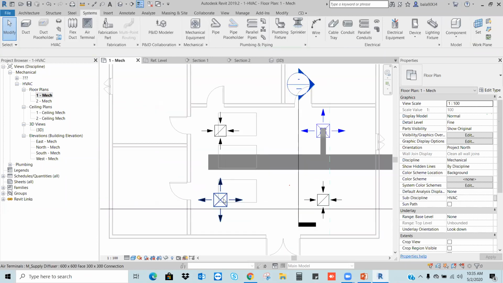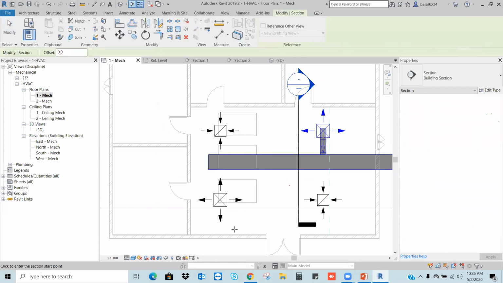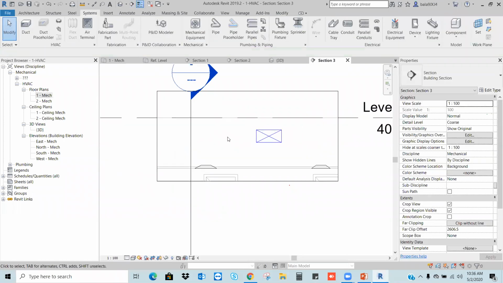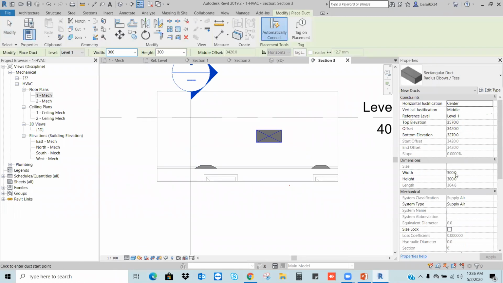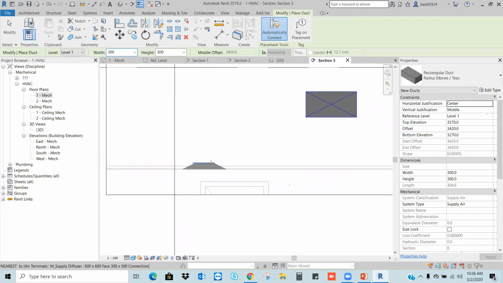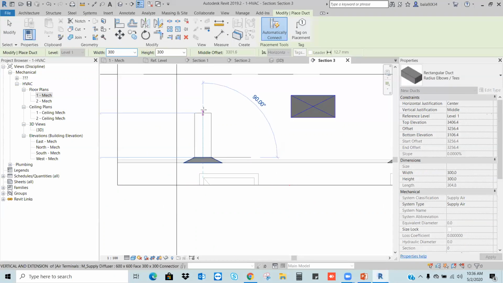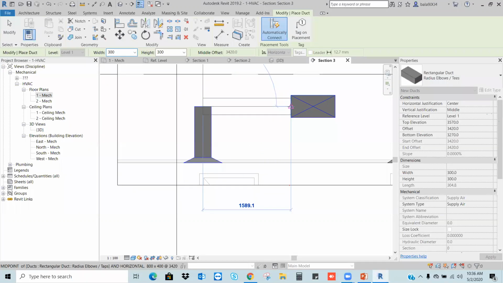Okay. So let's say I want to connect this duct here. Again, I will go to the section. Right click, go to view. It's a very simple Revit HVAC kind of thing. Now this time I'm going to use the file. So I can select my supply duct, 300 by 300. Whenever I get this node symbol, circular with the two cross lines, click it. Then just come straight. You will get the tracking line and take the turn to connect it. Directly you can connect it.